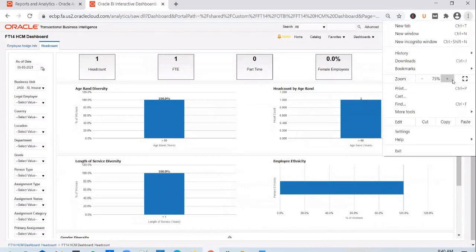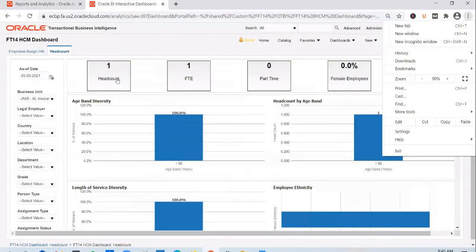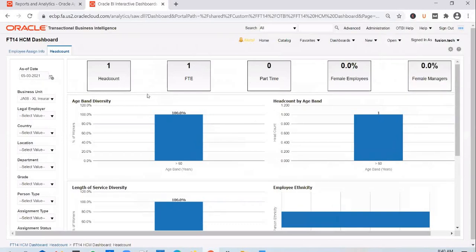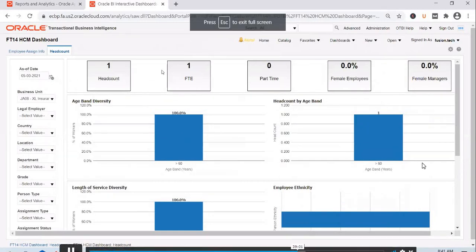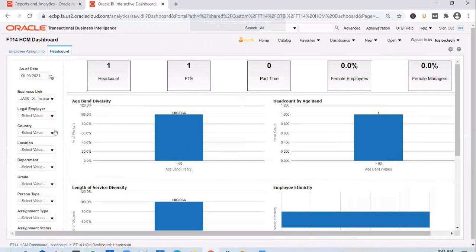When you have to make such changes, there are two things you need to consider. Point one: even though we have copied all of this content from a seeded dashboard page, these reports as well as this dashboard are still pointing to the seeded ones given by Oracle. So this is a seeded dashboard prompt. It is still pointing to the dashboard prompt, which is used by two pages at the moment in the instance.